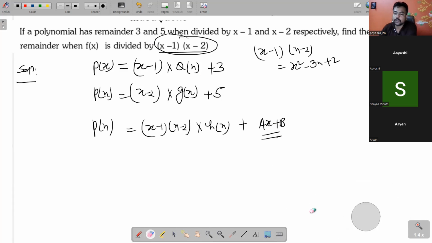सबको समझ में आया आयुषी को और आर्यन को? Sir, I didn't understand the remainder part. मैंने क्या बोला, यहाँ पे तुम्हारा ये डिवाइजर है, तो डिवाइजर का डिग्री क्या है? 2 है, क्वाड्रेटिक बन रहा है। और रिमाइंडर के बारे में हमें कुछ नहीं बोला गया है।